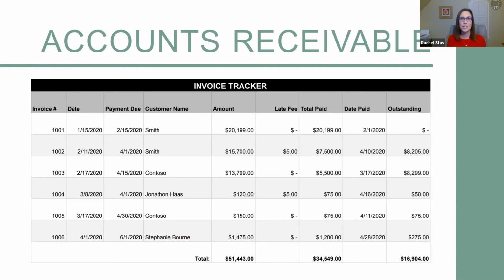It can get a little cumbersome, but the main purpose is to make sure you don't have money outstanding or payments falling through the cracks because you forgot that someone hasn't paid you for two weeks. And then now it's been nine months and you're like, oh right, I never got paid for this invoice. It's really hard to go back to a client nine months later and say, remember you owe me $400? Good luck on that. So you definitely want to stay consistent and keep track of what's out there and what money you can expect to come in.